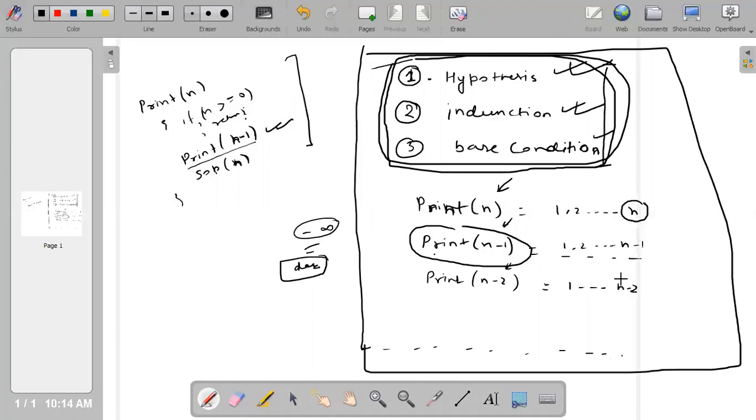I just want to understand this before you go to the next one. So just bear with me for 2 minutes. So hypothesis is you have to bring those n elements of that particular tree, and then induction would be to make the condition smaller, like making the input size smaller.